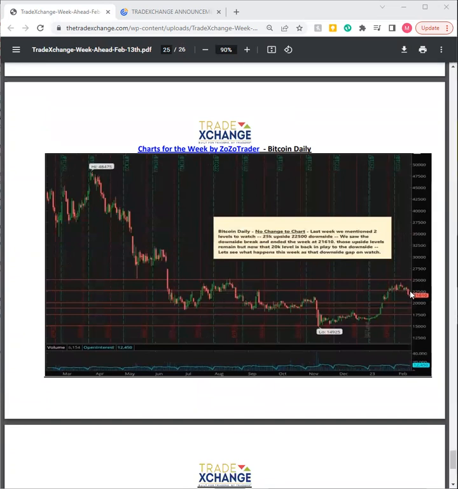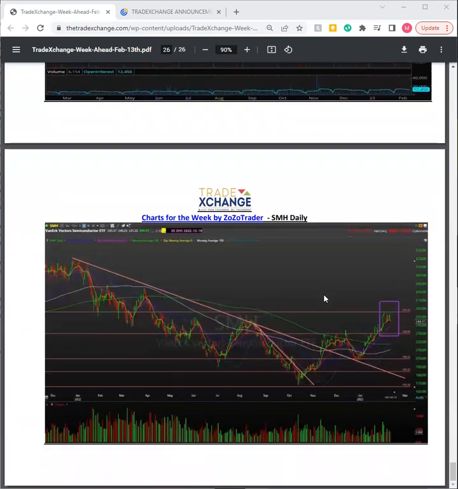Bitcoin, what can you say? It's interesting how this is actually a technical move in Bitcoin. We mentioned last week to watch that 22,500 downside. What happened? That level broke. We ended the week around 21.5. We'll be watching this closely since we do have that gap down here. And this is a play off that momentum inflation play. So we'll see how that works going into the end of the week.